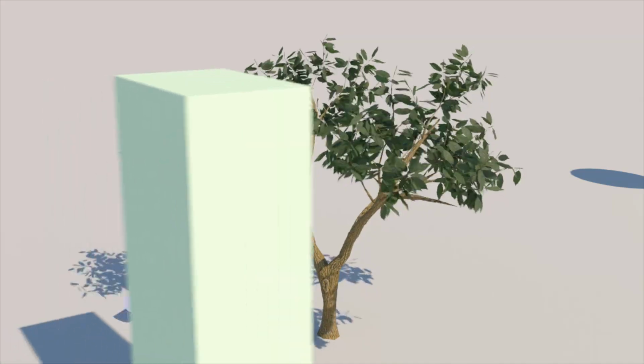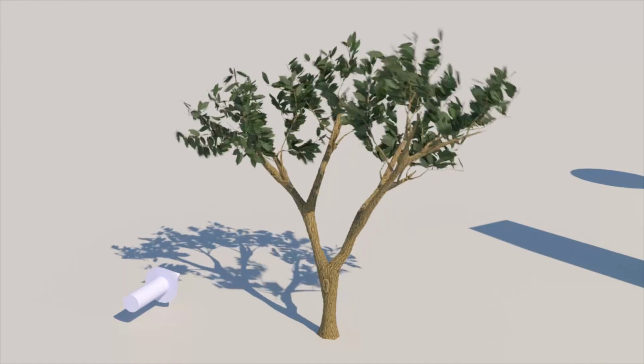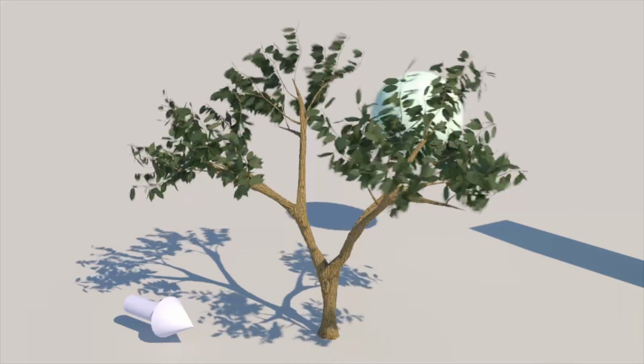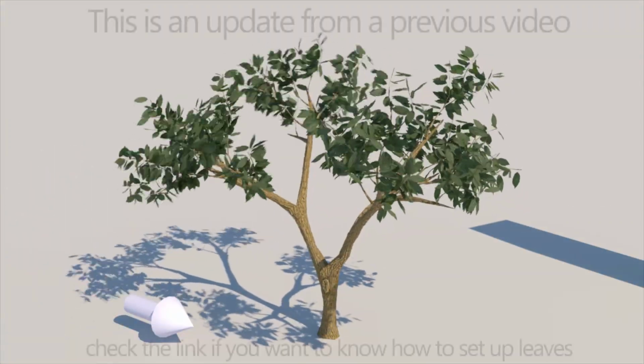Hey, so I just want to do a little follow-on video of my previous tree tutorial, having a tree react to the wind. There's some obvious limitations with that, and it doesn't really react to things. I've come up with a better method using MassFX, and I think the overall method is a lot simpler to